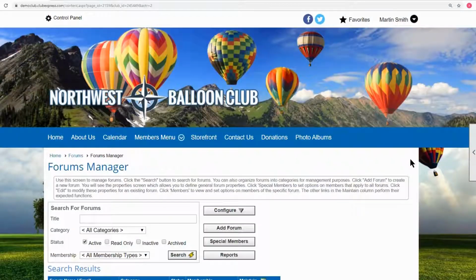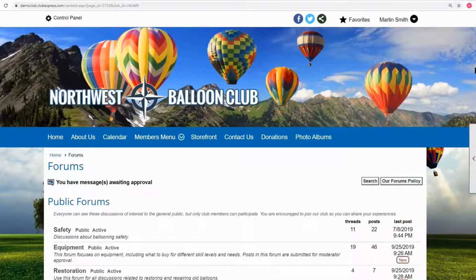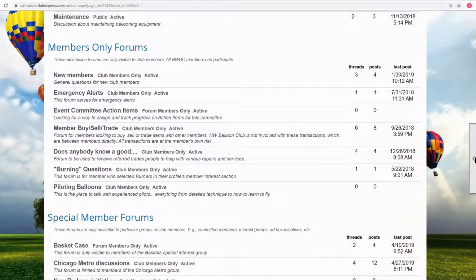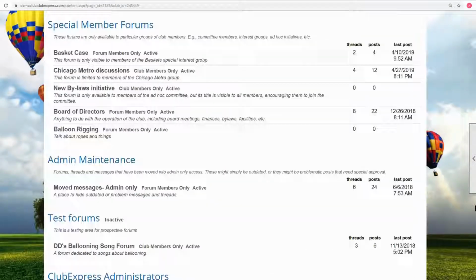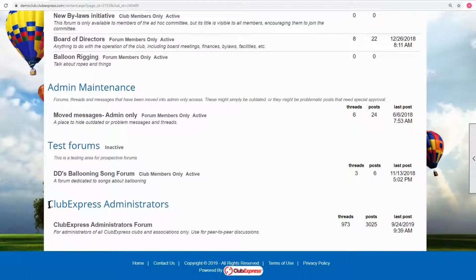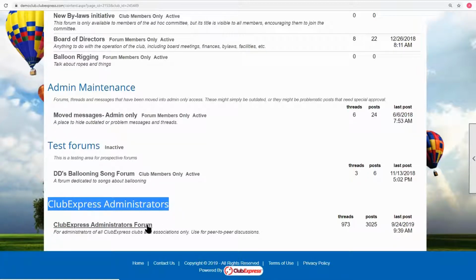Oh, there is one other thing to note, and this is important, and I'm not going to show it. If you have, and only if you have, forums enabled on your site, you don't have to put it on the menu, but it has to be enabled, and you are an administrator, at the bottom of your list will be this Club Administrators forum.